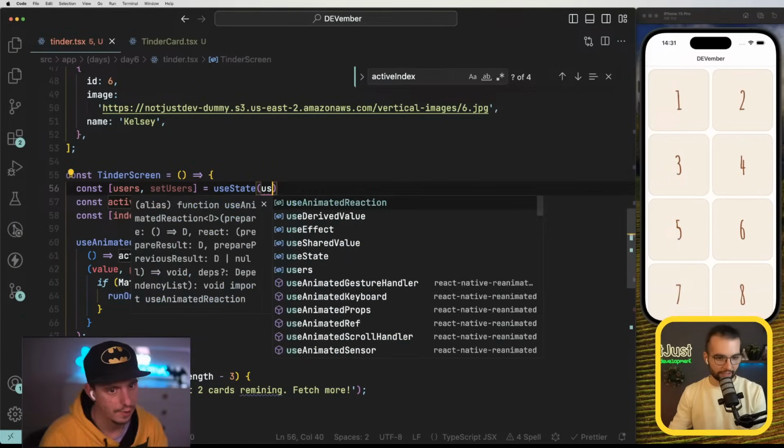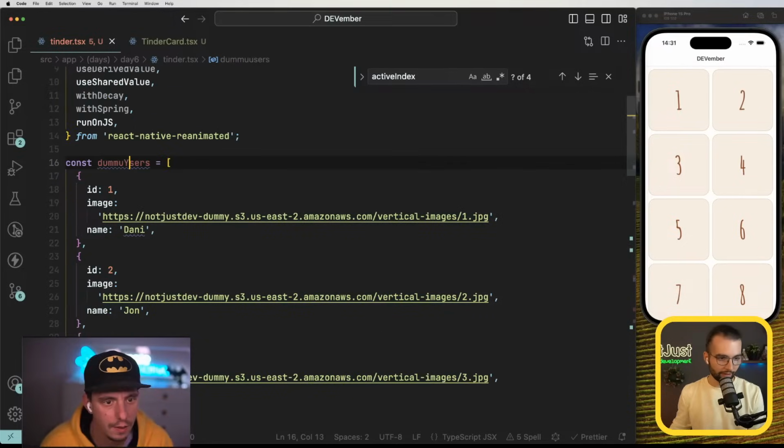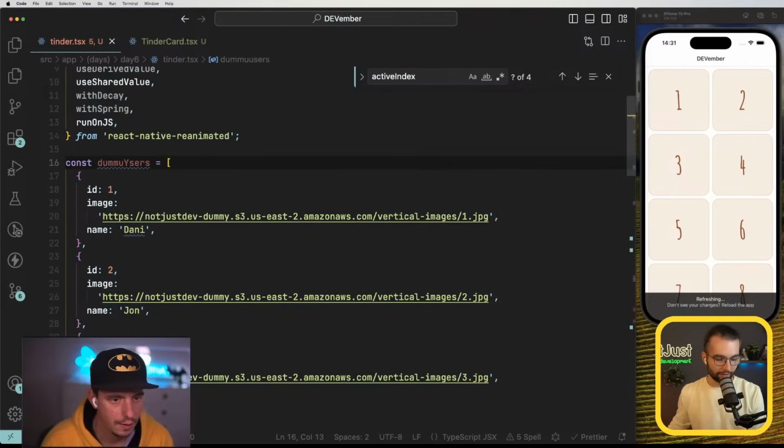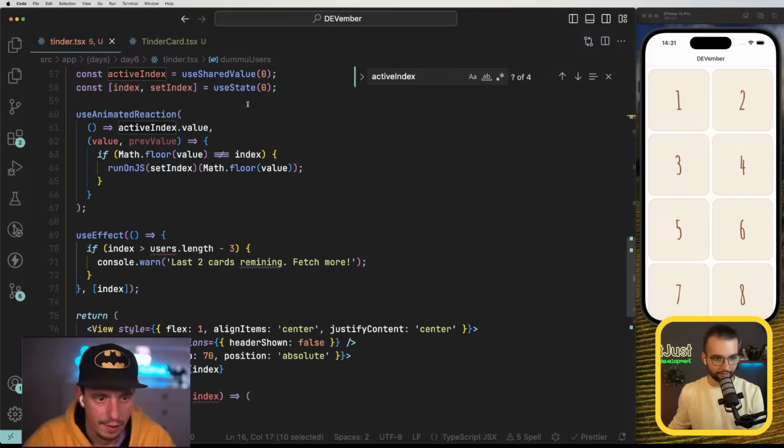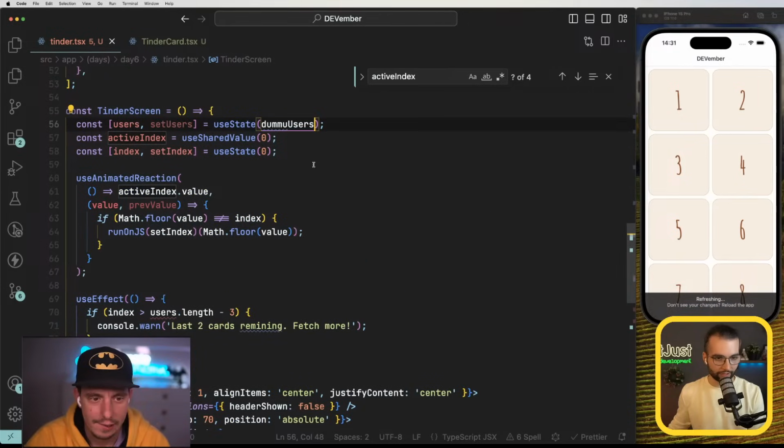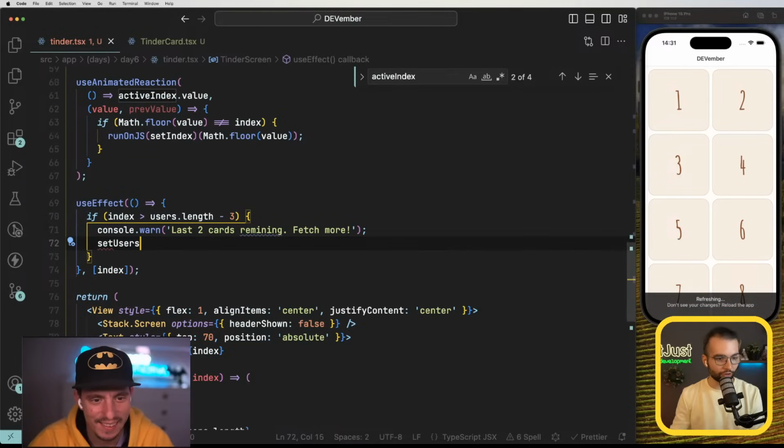Initially, we can initialize it with dummy users. Let's call it dummy. Typo, but it's okay. And you want, when we reach the end, to simply push to this array once again